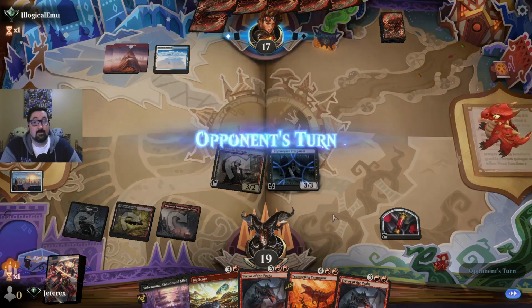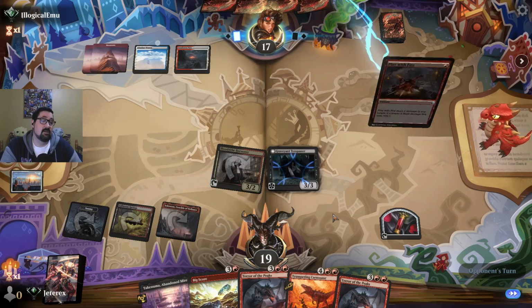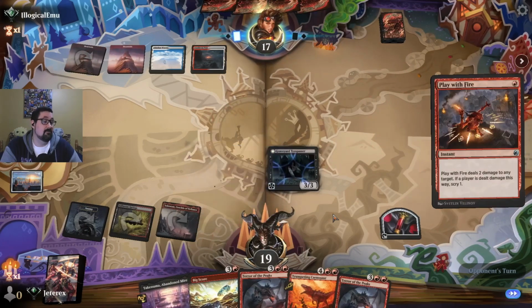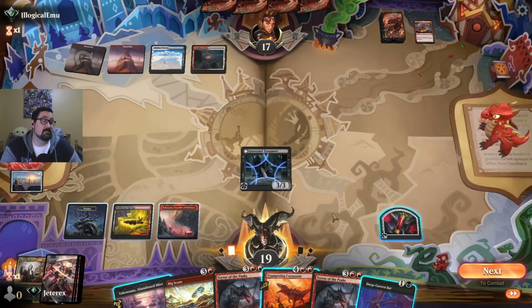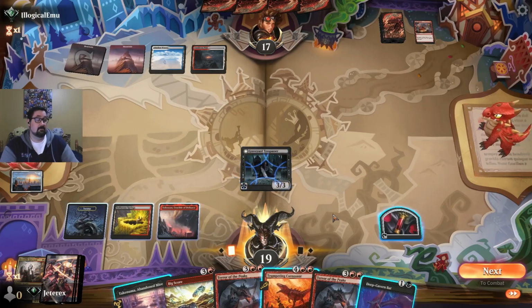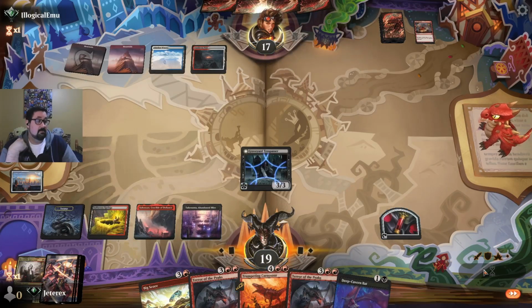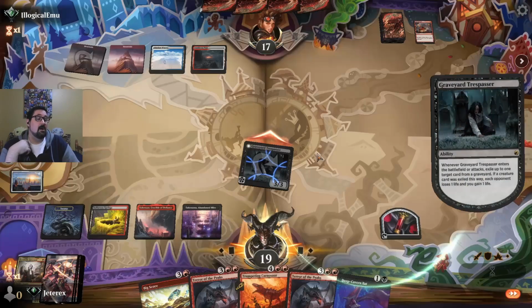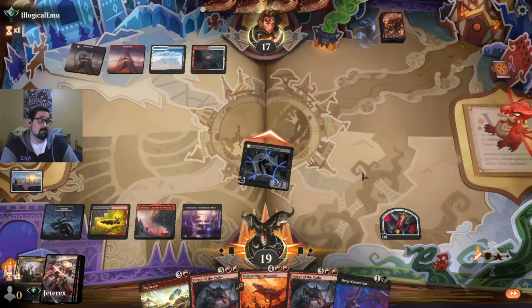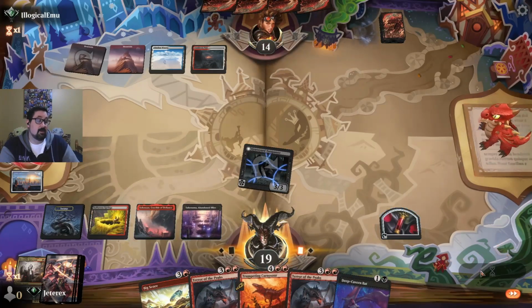There are a couple of board wipes that get a 2-for-1 at this point. Let's see what they got. Play with Fire for our Harvester. And that is it. Okay, now we have some very different options. So we're going to run out Takenuma. I'm not going to eat my own graveyard just yet. We'll get in for 3. I think we're going to hold up Big Score,